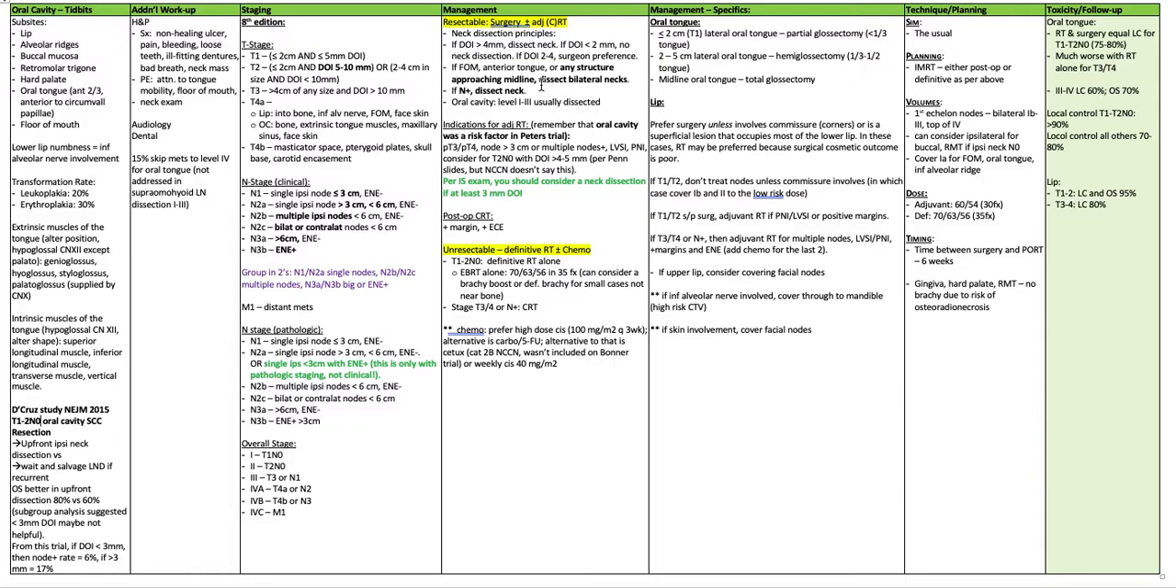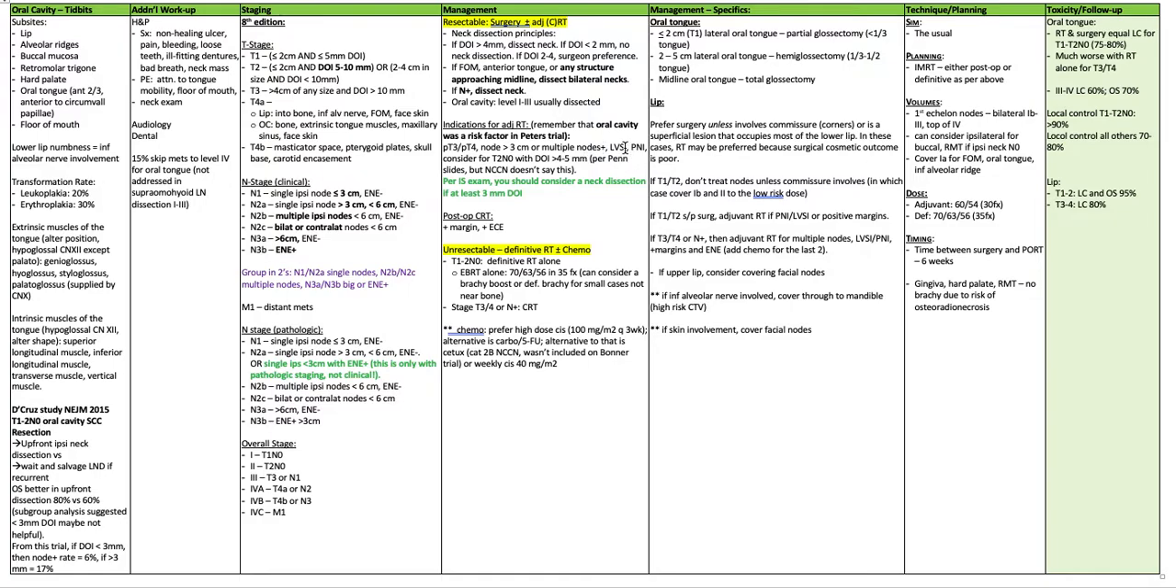If you have a clinically node-positive patient, then you dissect the neck. Oral cavity levels 1 through 3 are usually dissected. Indications for radiation adjuvantly: remember that the oral cavity subset was a risk factor in the Peters trial. Other indications for adjuvant radiation are T3 or T4, a node greater than 3 centimeters, or multiple nodes that are